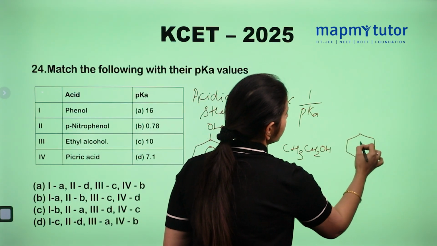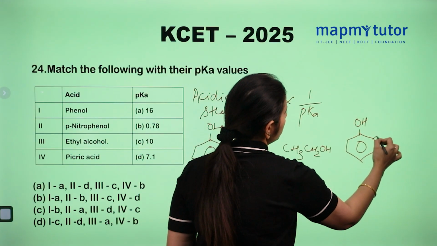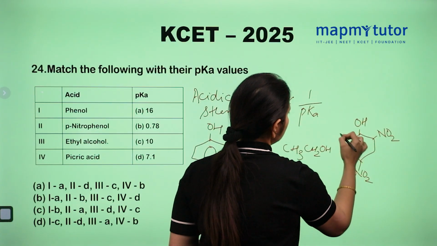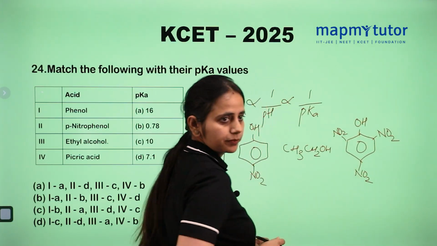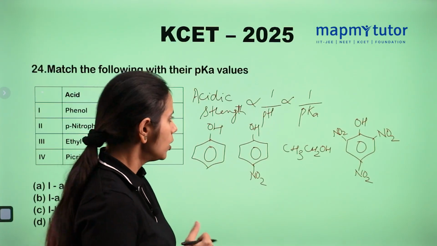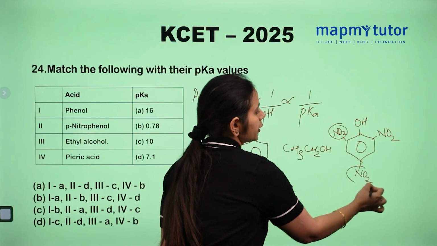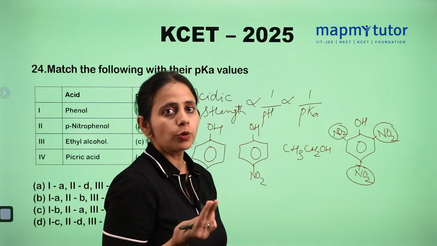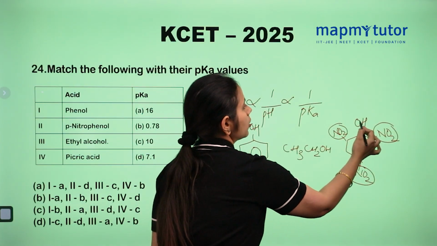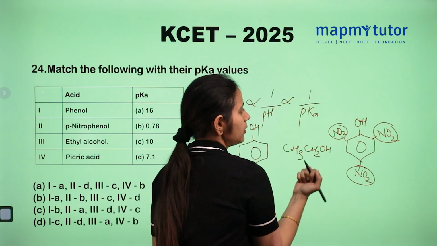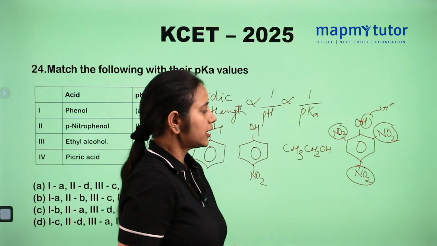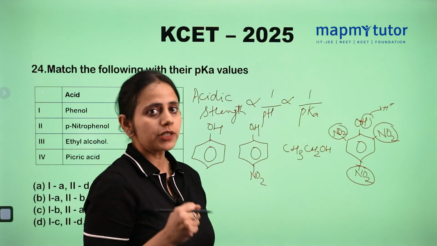You know, picric acid is very explosive when it is present in dry form. And this is the structure of picric acid. It has a foul smell and is very acidic in nature. Picric acid is the most acidic out of these four. How? NO2 is a strong electron withdrawing group and 3 NO2 groups are present here, and they will pull the electrons from this OH. So this H positive can be released very easily, and that's why picric acid is the most acidic.